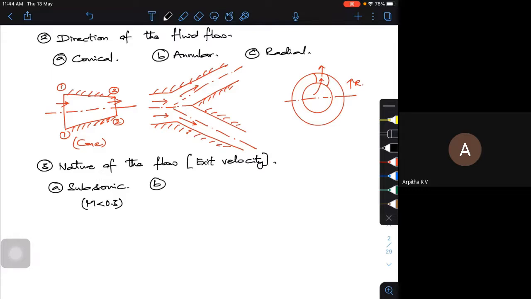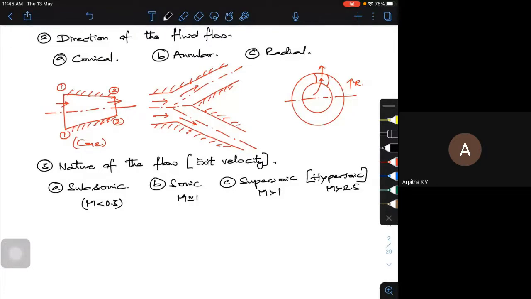Then we have the sonic nozzles, where your M is nearer to 1. It's 1 actually, 0.95 or point something to 1 or 1.1. We call that sonic. You can go up to 1.2 also. Then C, it is supersonic, where your Mach number should be greater than 1.2 or so. And if Mach number is more than 2.5 and above, we can go up to hypersonic. Hypersonic steam nozzles are very rarely used, but we can see hypersonic gas turbine nozzles where your Mach number is greater than 2.5.